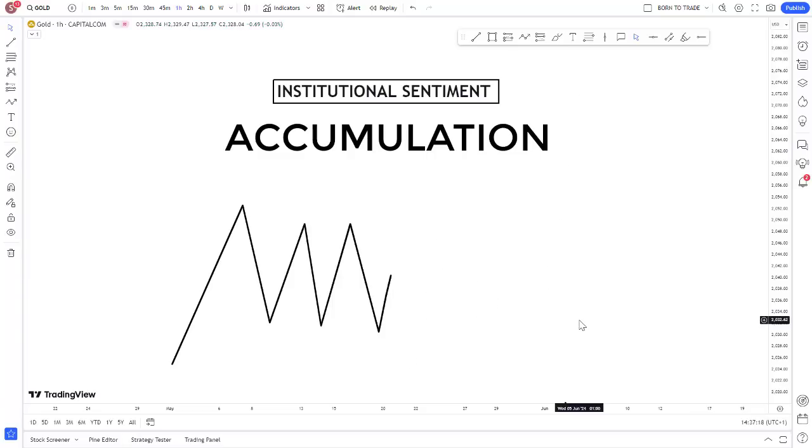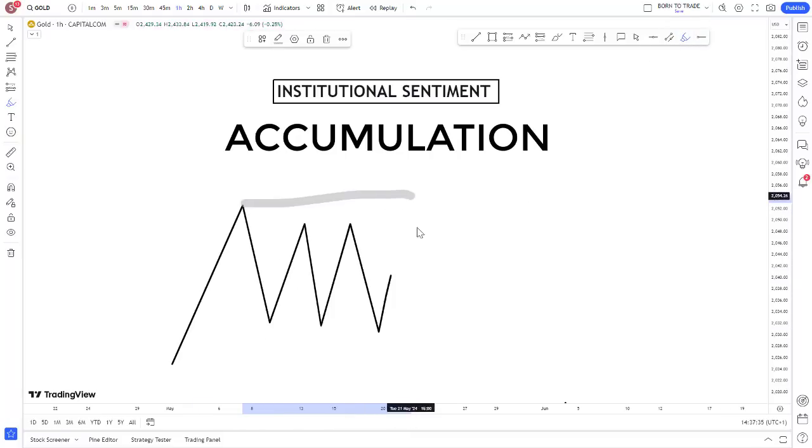So let's see that. Now, accumulation phase in the market is where we have slow price action, and this comes with a lot of information which a lot of people don't pay attention to. Now, what is an accumulation phase, or you call it an accumulation flow? This is the phase in the market where we see slow price action. As you can see, price doesn't have any specific direction. Price is just offering a sideways movement.